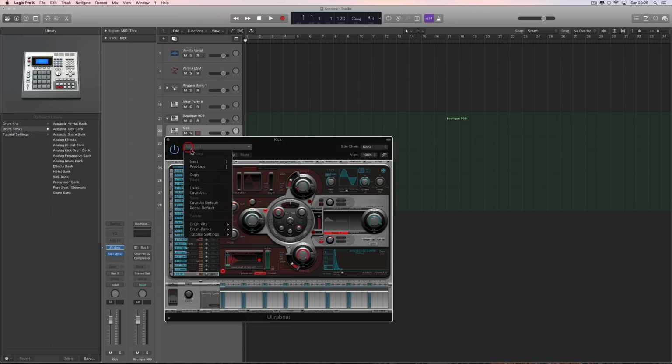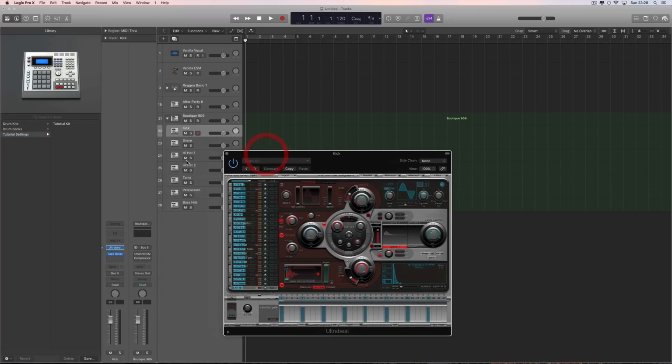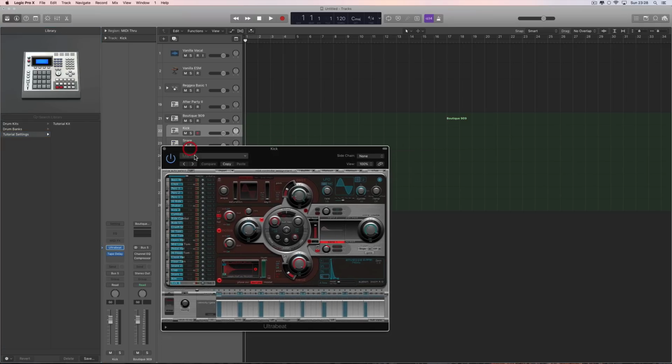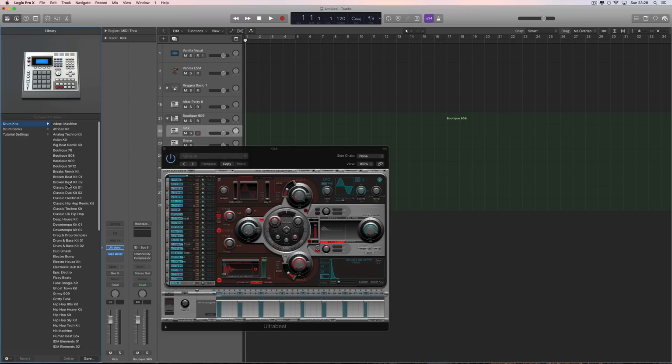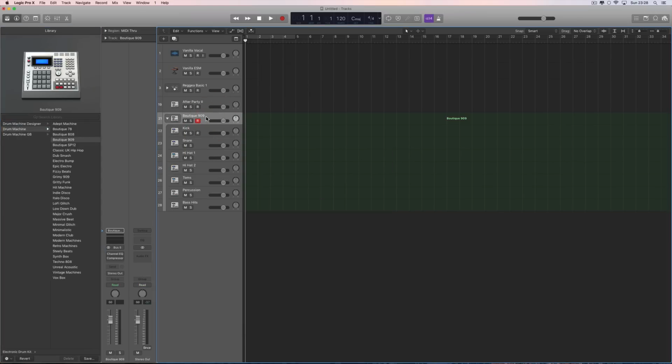Tutorial settings. So you can load any kit into the Ultrabeat, but that doesn't affect the outputs and everything like that, the separate channels. So you can change the kit here, load a different kit if you want, or you go to each individual drum, tweak the settings, change the sample, whatever you want, till you've got your custom Ultrabeat kit. Okay, then choose the main track again, the track stack master, which is the group bus, compact it, make sure the arrow is pointing to the setting slot, save,